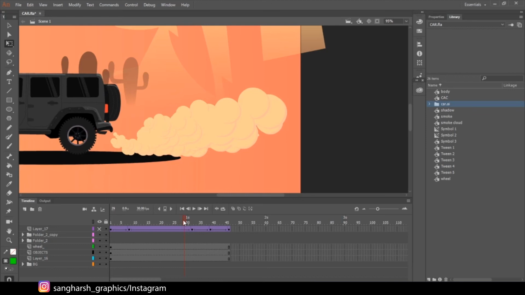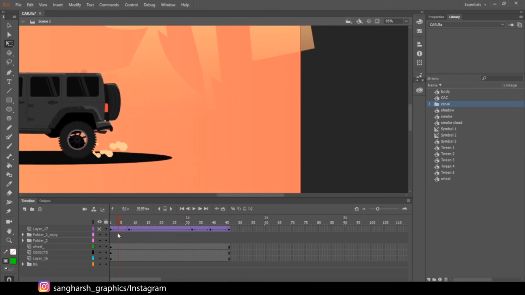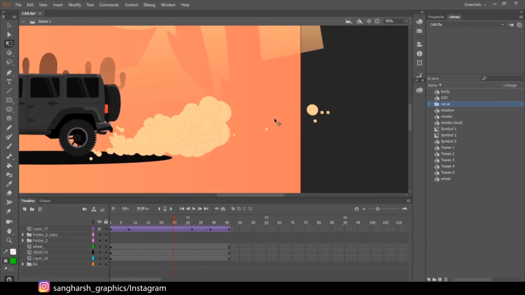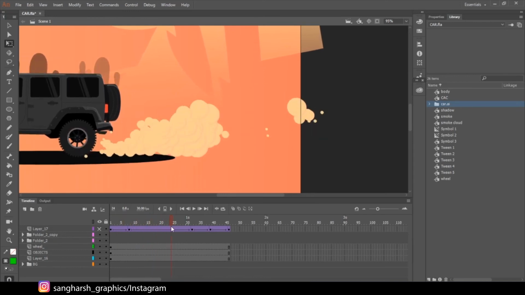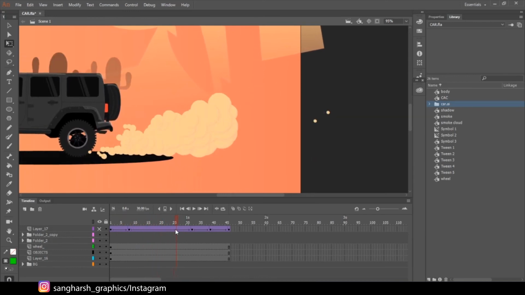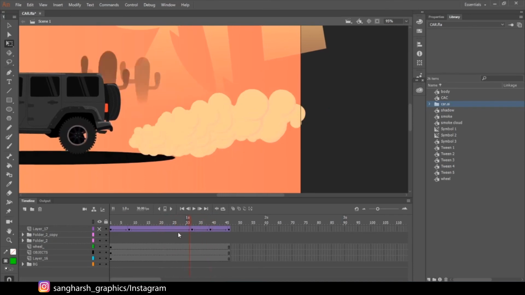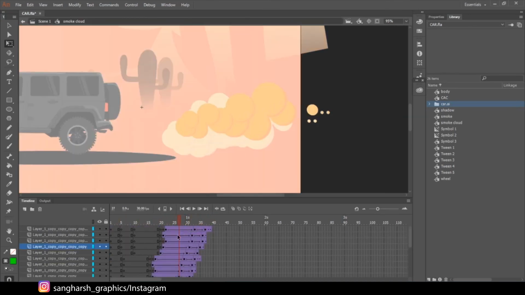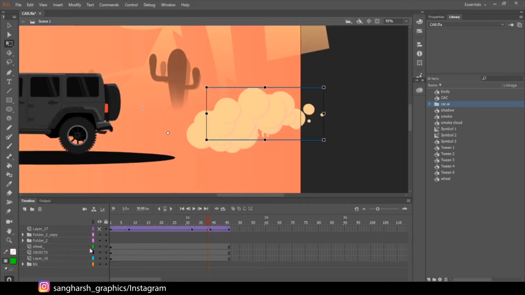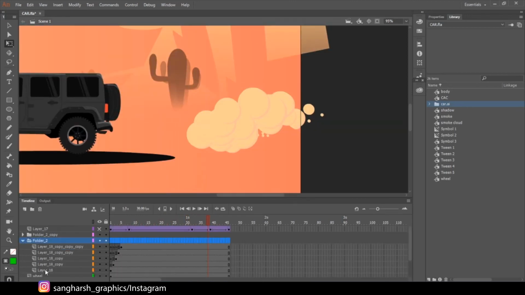That is the loop, because when it ends, it starts again. If it ends then it's going to start, but we don't need smoke like that, it will create a gap between. So we just wanted a continuous smoke, that's why I created it like this up to the end. And after coming out, I have just selected the layer again,